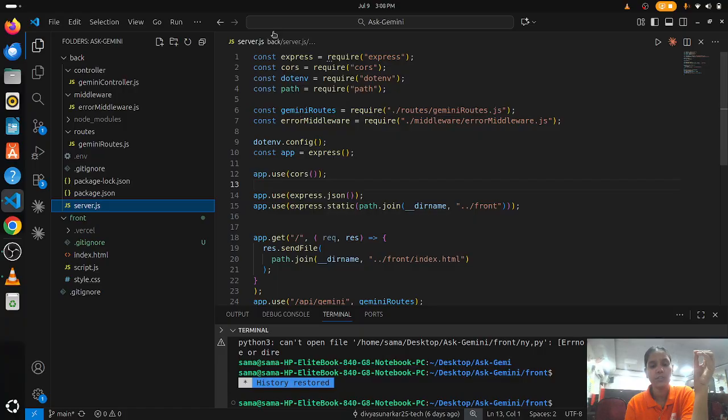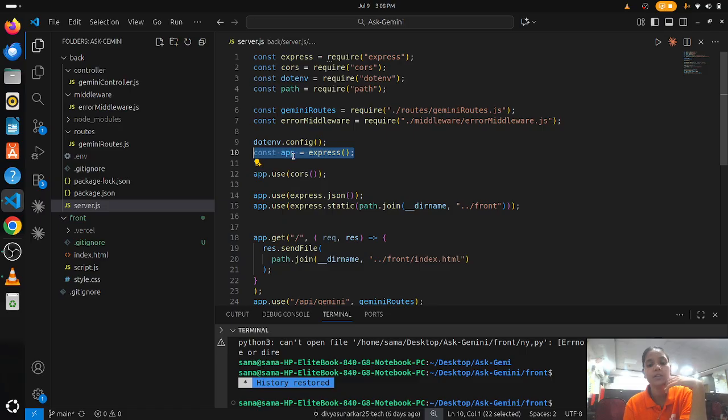In the server you can see the heart of the backend. In the server we are importing our express middlewares like cors, express, and express.json, and the dotenv file. For dotenv we need to read the file, and for path we have to say which path we are sending, and the Gemini routes. Routes and middlewares are also imported.